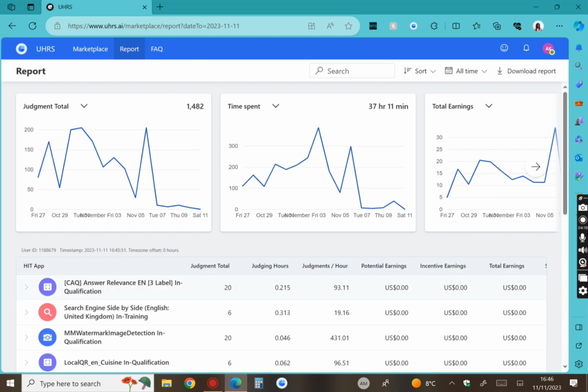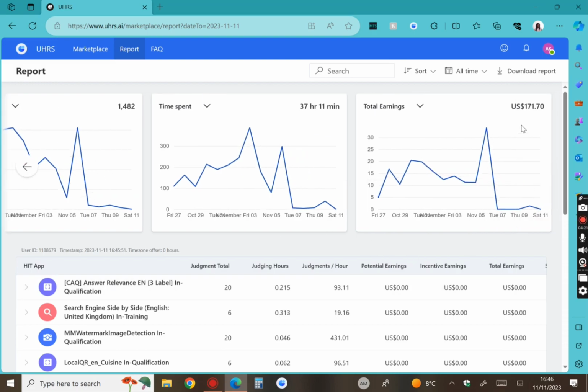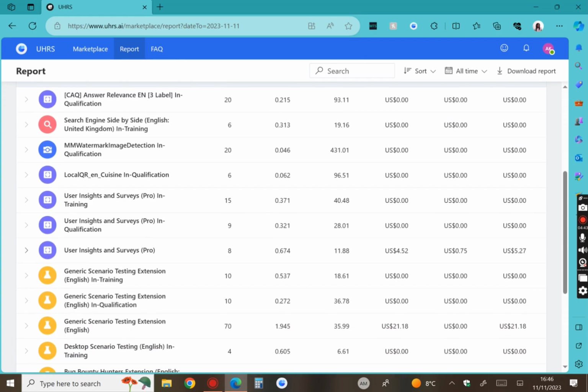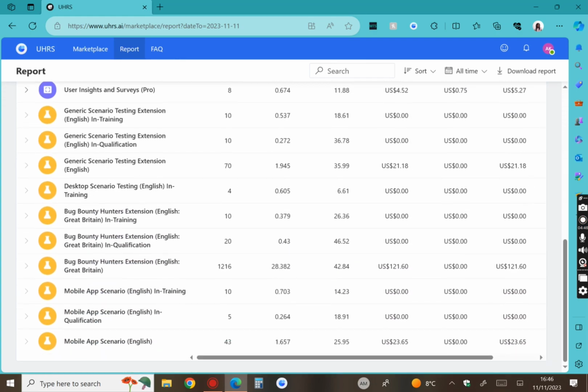So I'm gonna show you the total earning. I have made this much, $171.70. That's what I made. And on here, that was my highest earning so far, per day it was $33.92. So the hits I've done, as you can see, these are all the hits I've done. Like I said, the one hit that made me a lot of money was the Bug Hunter extension for English Great Britain, but